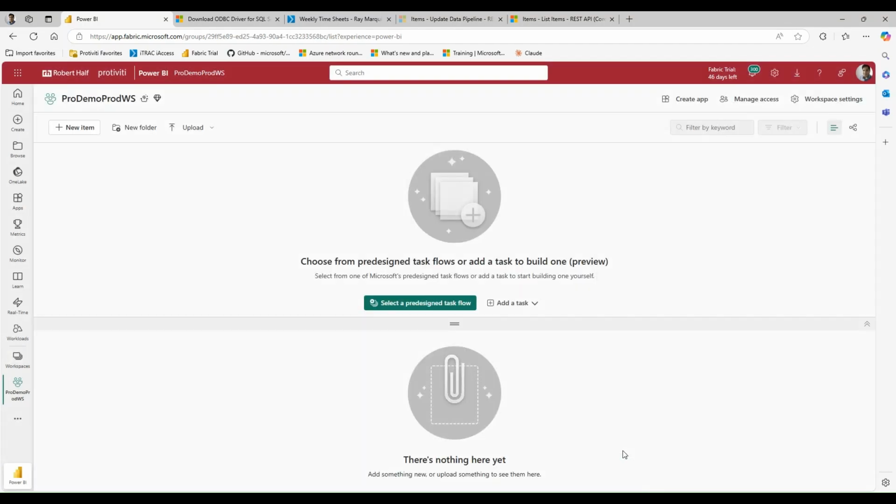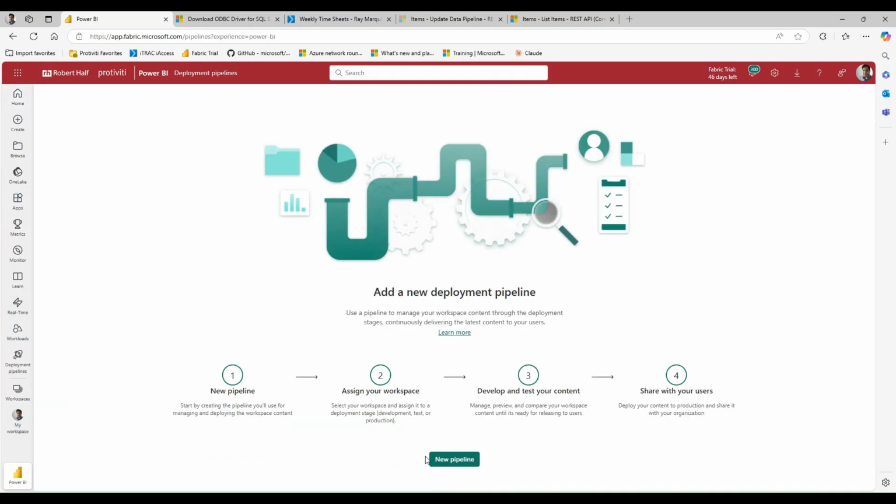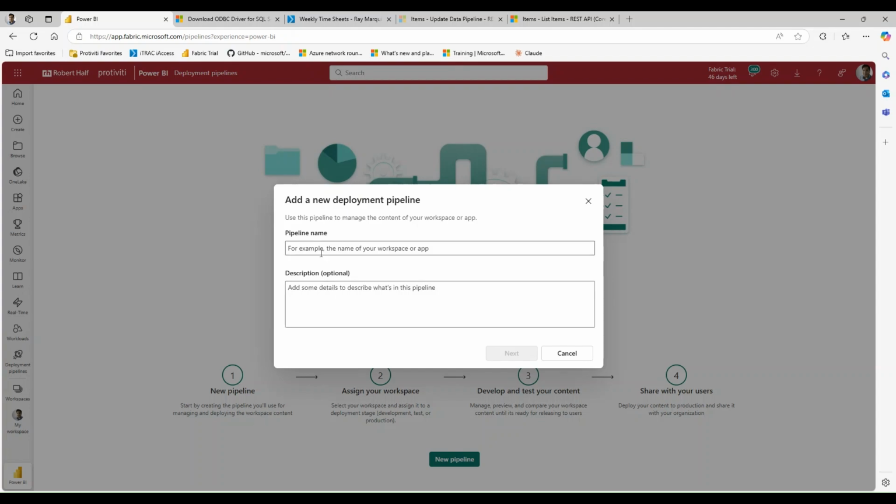So now that I have the two workspaces, the next thing that I'm going to want to do is create a deployment pipeline. You can find deployment pipelines by navigating to your left, clicking on the ellipses, and then click on deployment pipelines if you don't see it within this list here. So I'm going to create a new pipeline. We'll give it a name. We'll say pro demo pipeline,